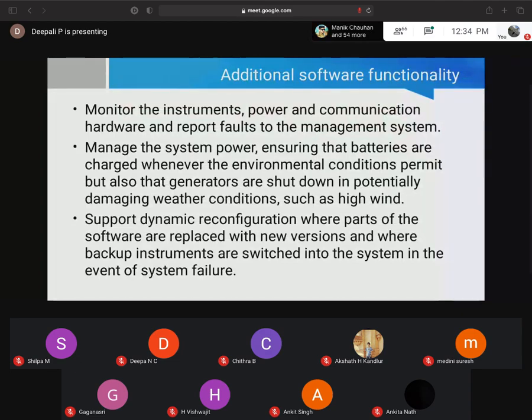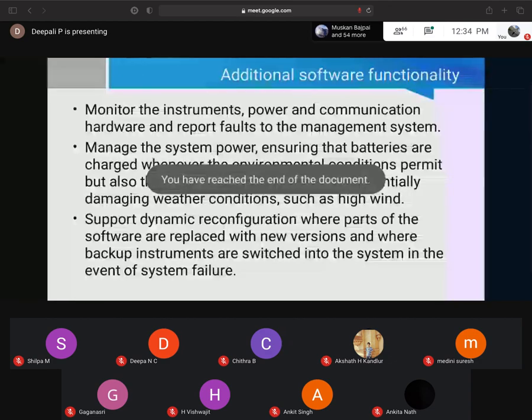Support dynamic configuration where parts of the software are replaced with new versions, and where backup instruments are switched into the system in the event of system failure. Thank you, ma'am.